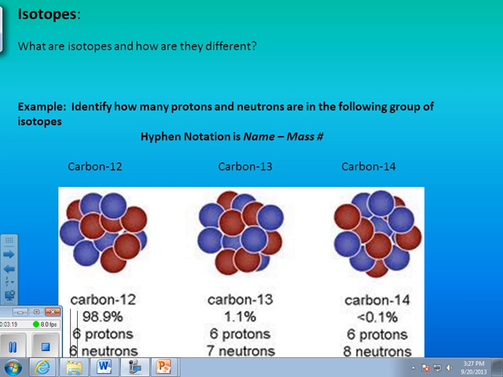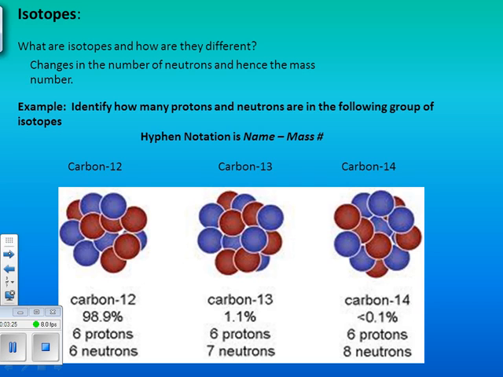So what are isotopes and how are they different? They involve changes in the number of neutrons, and hence the mass number. This is how we know something is an isotope. It will have a different number of neutrons and a different mass number than we are normally used to. So if you look on a periodic table, we will see